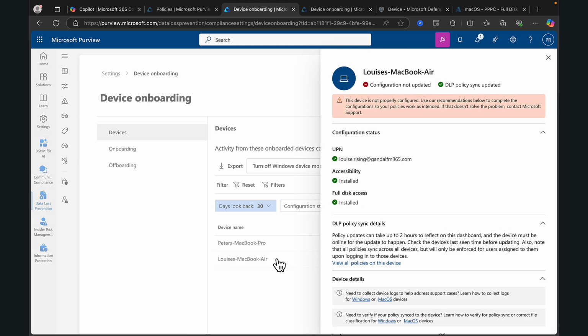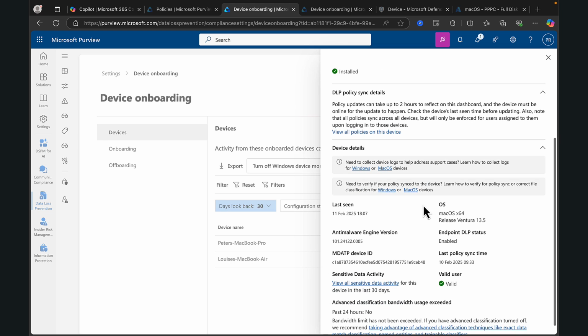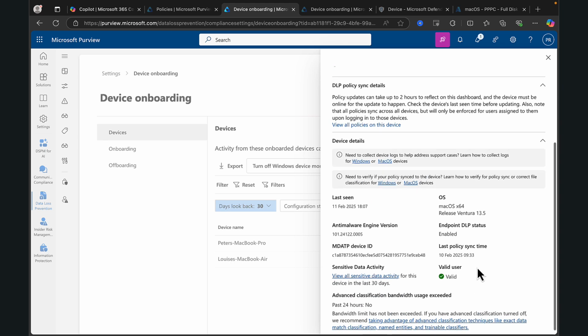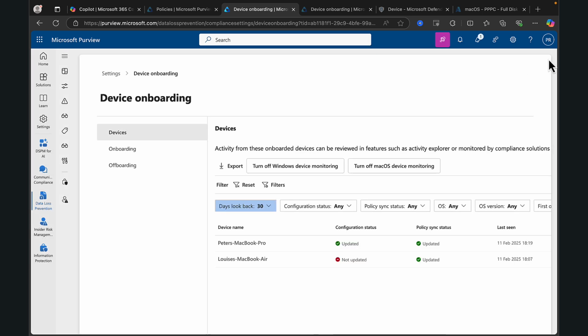If I click onto it, the bizarre thing is I get lots of lovely green ticks. It shows the configuration status is all okay, nothing wrong there. I can view all the policies on the device, and I get all these valid ticks and whatnot. But there's this at the top here, which doesn't correlate to what I'm seeing here in the configuration status. The only clue I have as to what might be wrong with this one